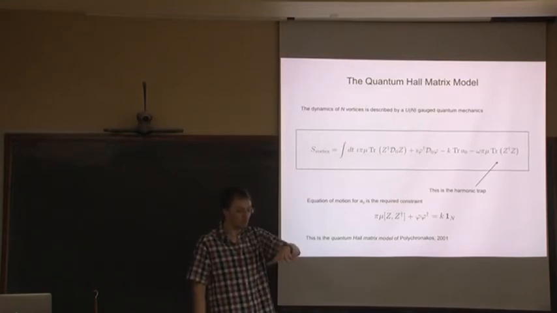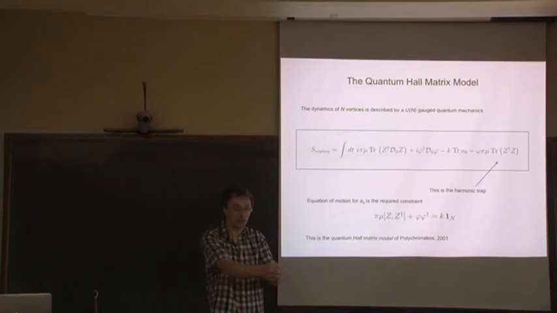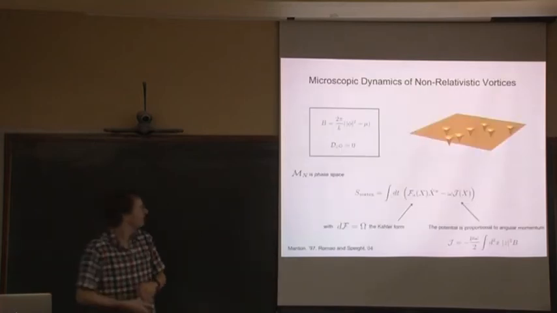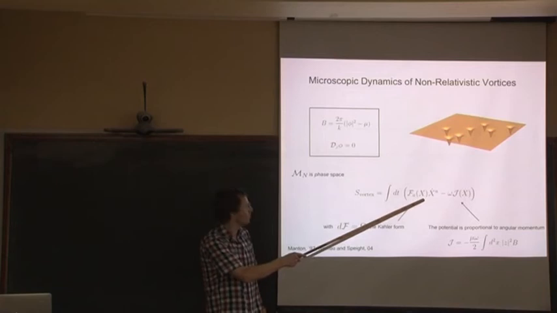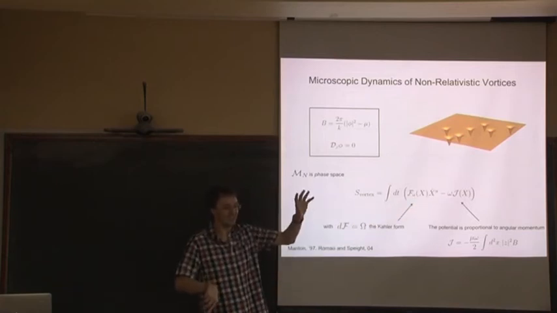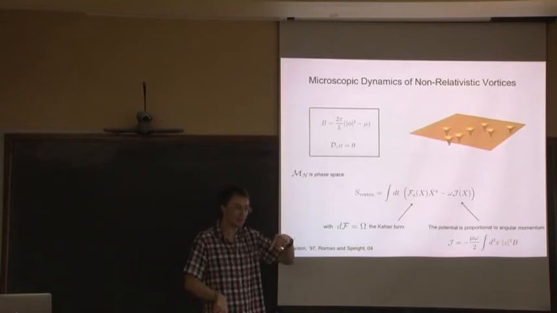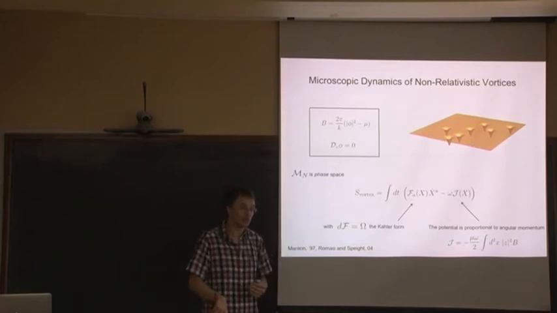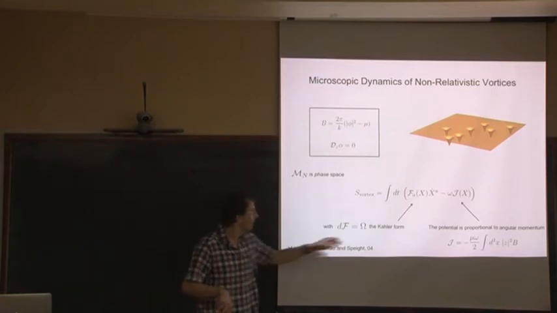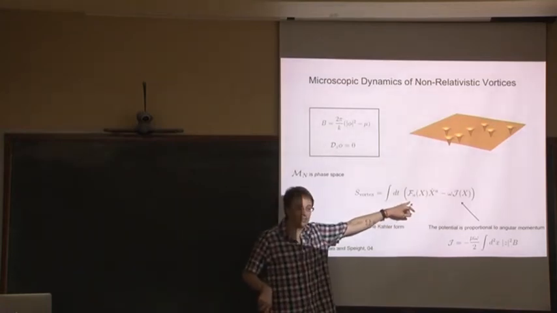So usually when you restrict to the moduli space, there's some approximation about small velocities. Here there's no approximation, meaning that if you can solve these equations exactly, you then plug the x as a function of t into the original vortex equations. They give you exact solutions to the equation of motion of the vortices. There's no low energy.